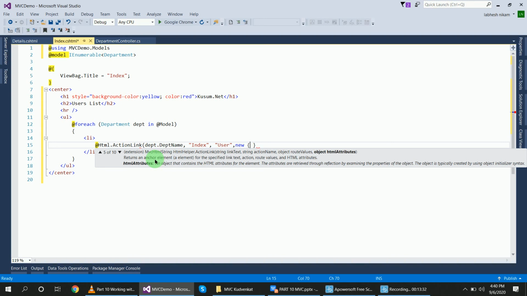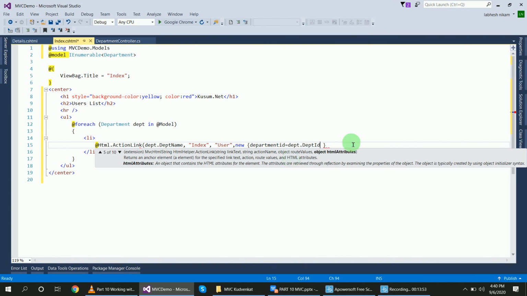Now department ID, give an ID: department ID equal to that variable department dot department ID.